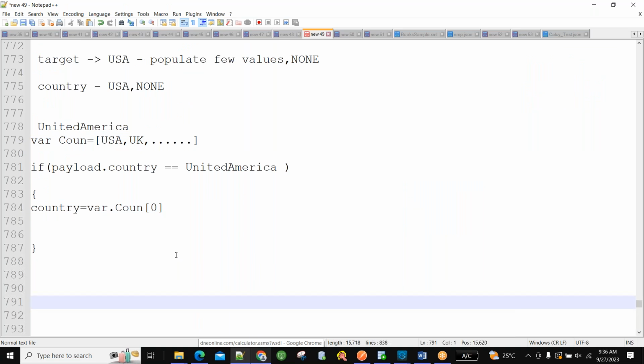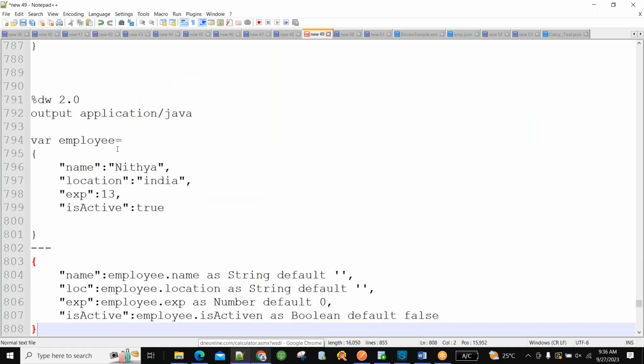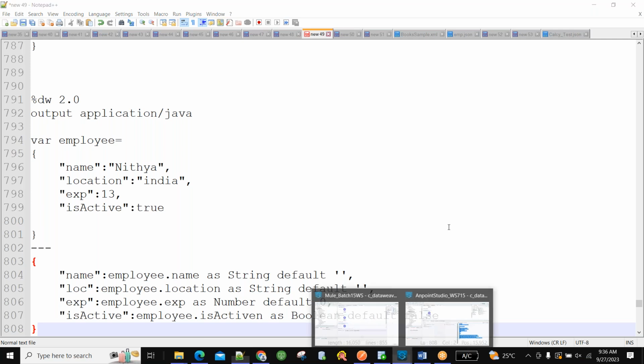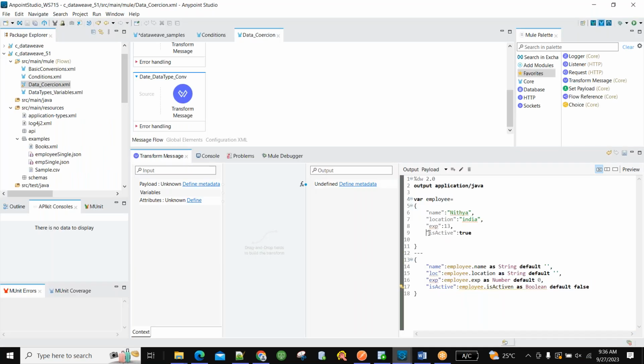Let me take the backup before doing anything. Okay, this is the backup. So what I'm trying to say is this value is not there and I'm trying to map it, and I have removed this. I'm trying to map one which is not there. Then what happens? That API, after reaching this transformation, will error out and the flow will not move forward. It will say that you are trying to map an element which is not there.